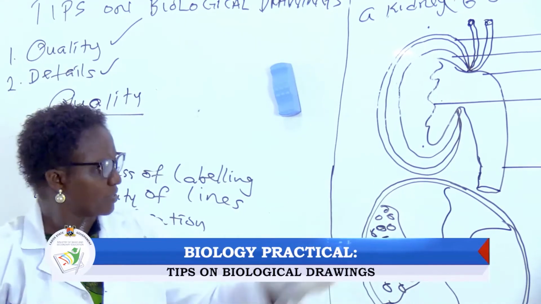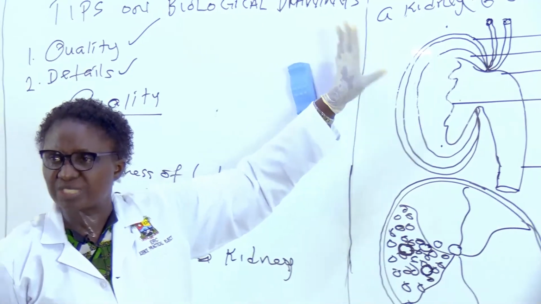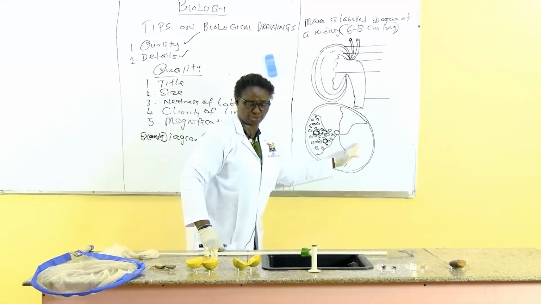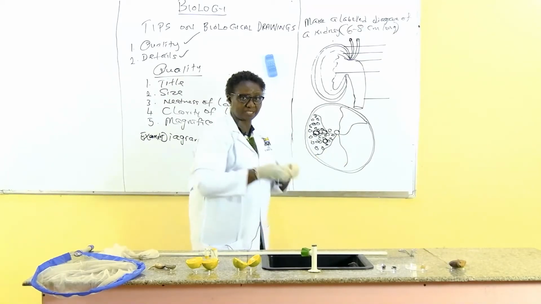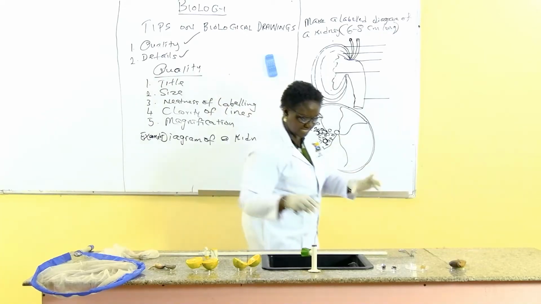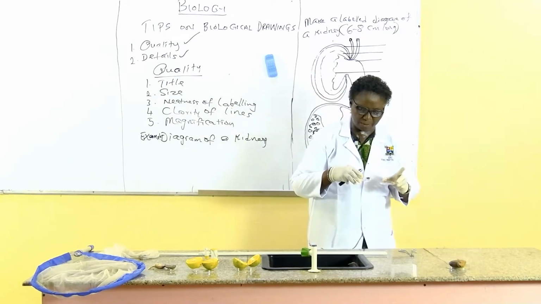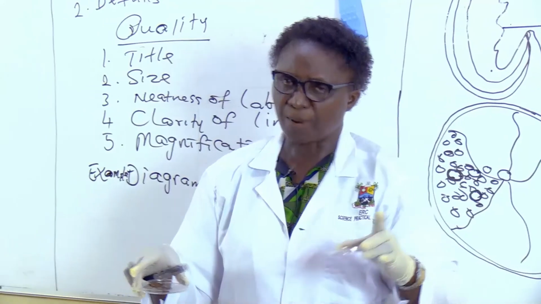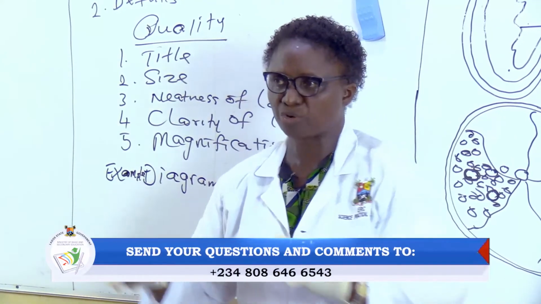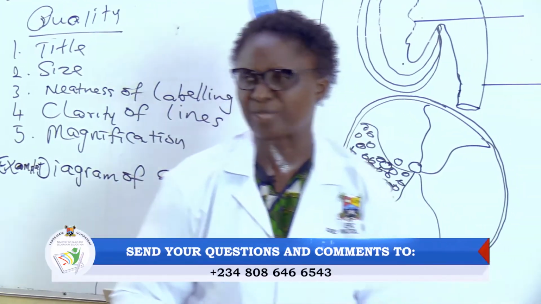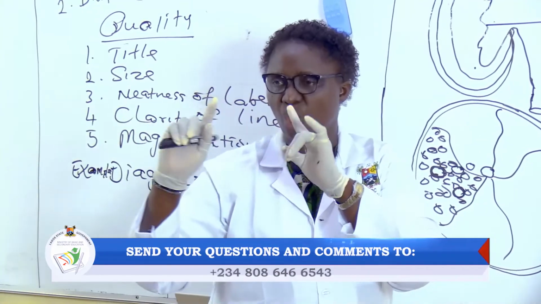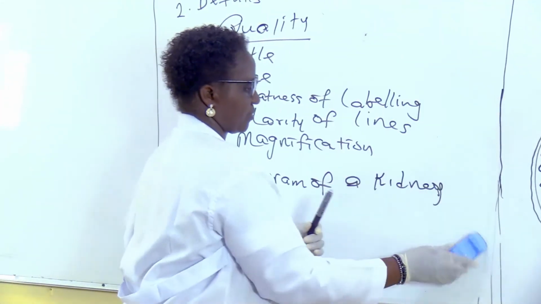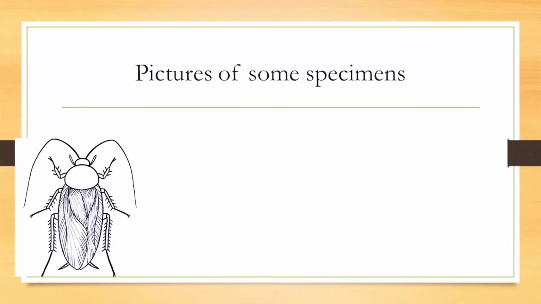My diagram here, the outline looks like a bean. It is detailed. I have an orange drawn, and I've indicated that my orange has juicy parts and equally has seed. Time will not permit me today, but as you go through the slides, you will look at the butterfly and my cockroach. Talking about the details, when you are drawing the antenna of a cockroach,